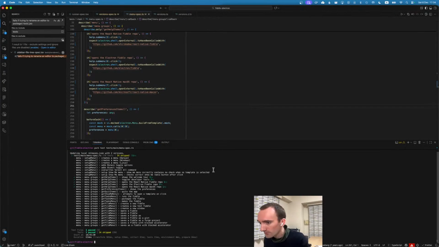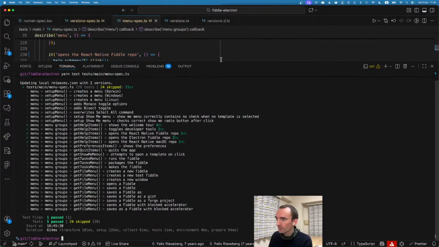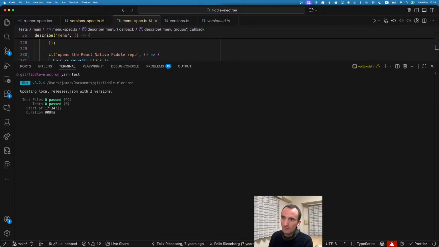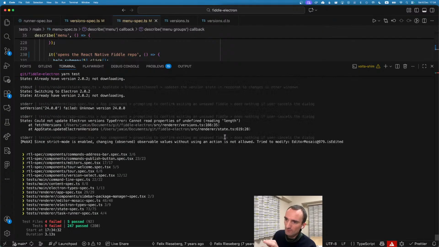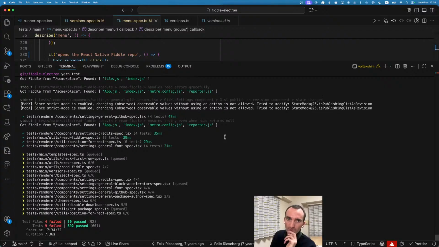Okay. Yeah, let's see how this goes. So, making the text size big. We have a bunch of tests that need to be passed. These are tests that are inherited from the original Electron Fiddle project. This is my fork of Electron Fiddle for React Native,